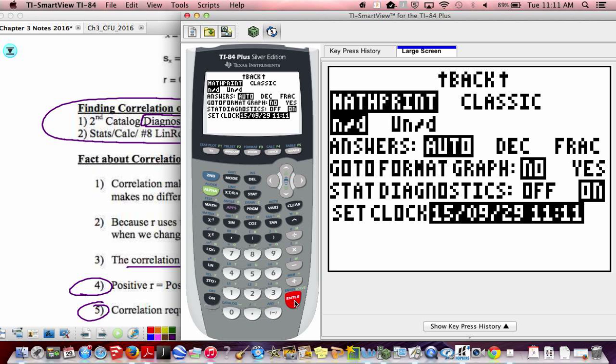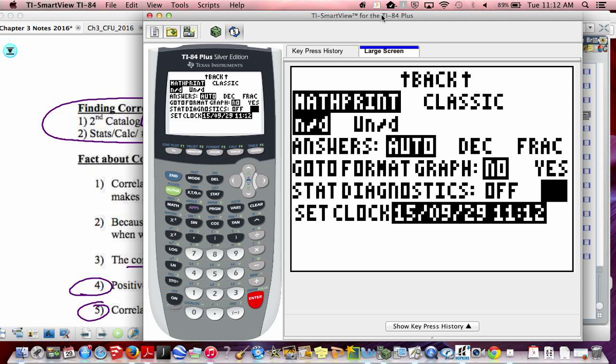Just out of curiosity, anyone not have that on your calculator? Okay. Mode. Scroll to the next page. If you don't have it showing stat diagnostics, then I need you to pay attention to this next step. If you have an older version of a calculator, which some of my calculators still are,